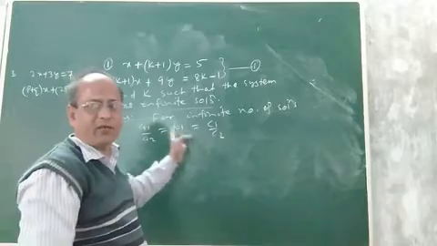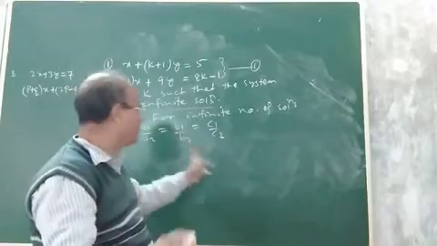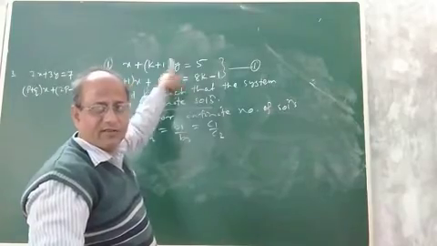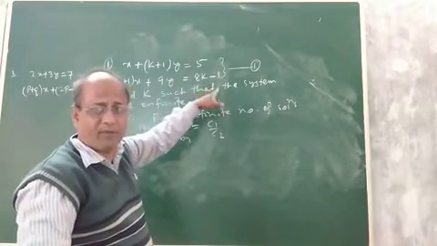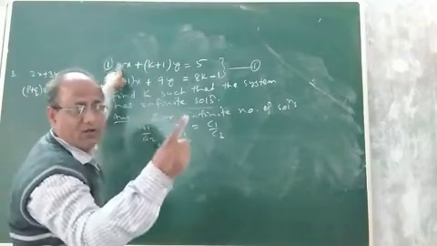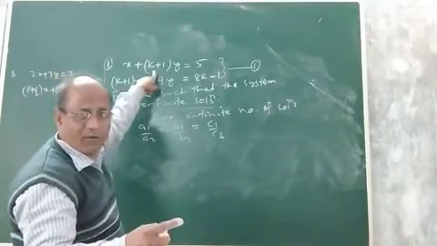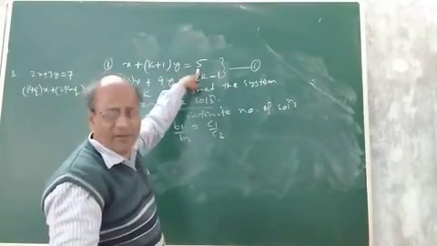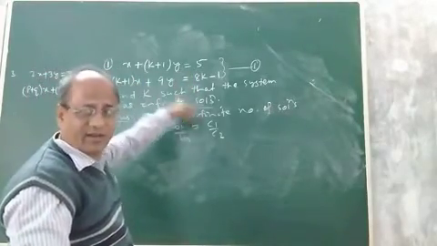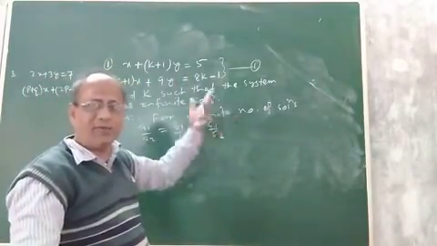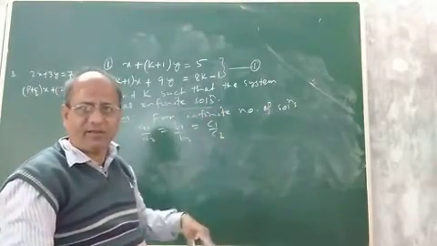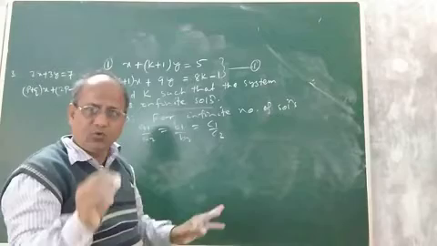You can ask me, sir, what are a1, a2, b1, b2, c1, c2? These are values which you can find. These two equations are of the standard form. What is the standard form? a1x plus b1y plus c1. Here a1 is 1, the coefficient of x. b1 is k plus 1. c1 will be minus 5. Similarly, a2 will be k plus 1, the coefficient of x in the second equation. If you remember the standard form, you can easily find the values of a1, a2, b1, b2 and c1, c2 from the given two equations.